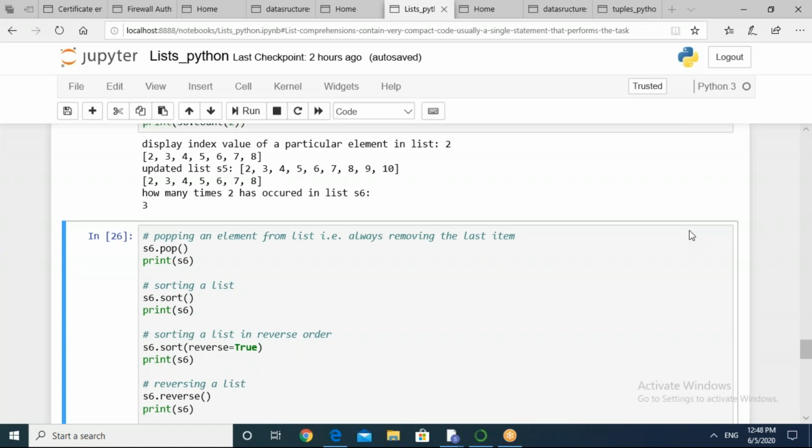Delete and remove, correct? So we have done in the first session the methods delete and remove in order to work out our requirement for removing an item from the list. So there is one more method, that is pop method. I hope you people remember stacks concept, and in that also we used to do pop. So can you tell me what is the function of pop in that?